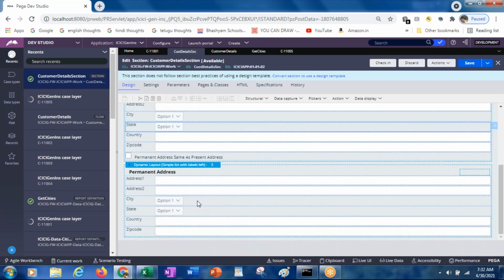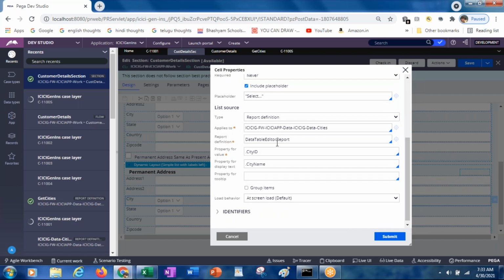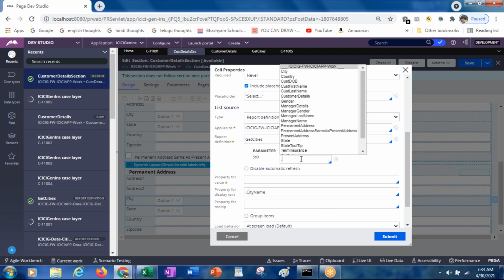In the permanent address, for the city, here instead of the data table editor report, I'll get. This time what we have to do, instead of present, we have to take the permanent address.